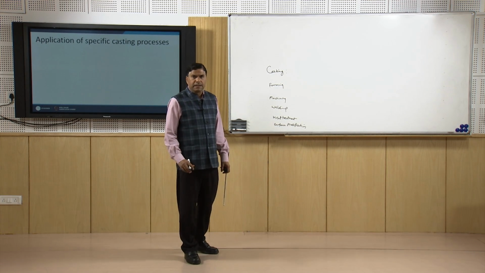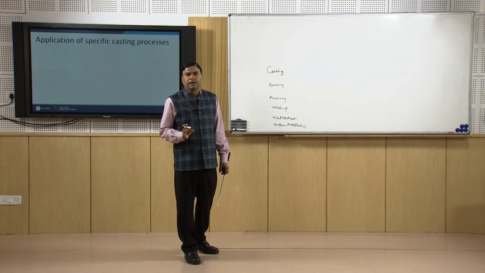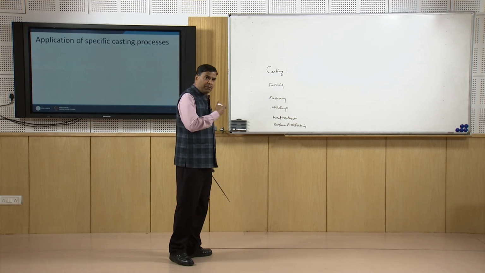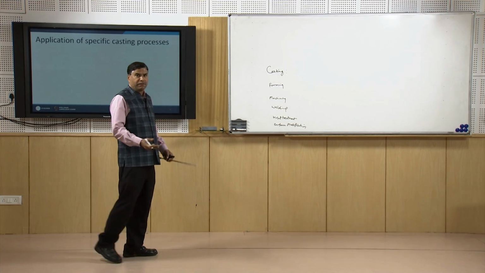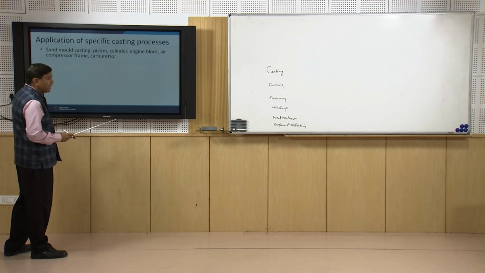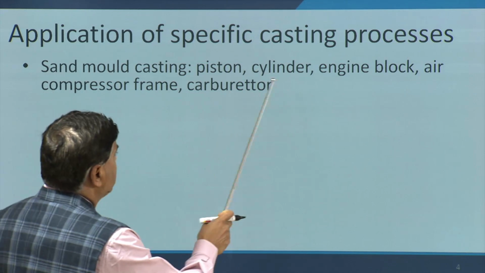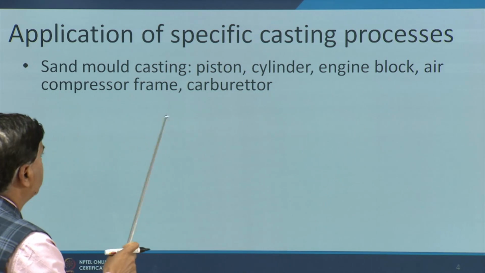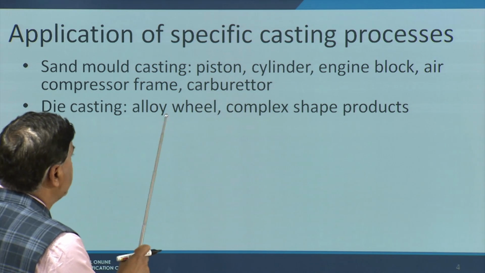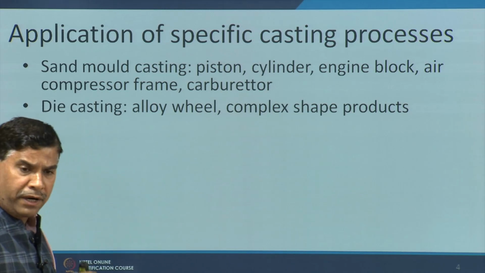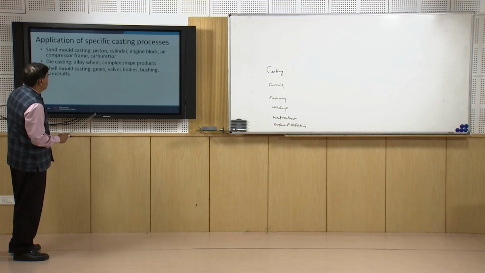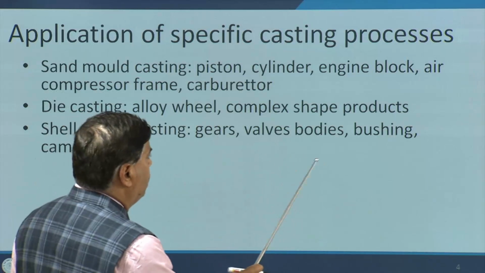Now we will see that the different casting processes have different kinds of capabilities, and therefore we need to see which process can be used for which kind of application or purpose. So, we will see that the sand mold casting process is normally used for making pistons, cylinders, engine blocks, air compressor frames and carburetors. Die casting is used for making alloy wheels and complex shape products when the volumes to be produced are much larger, and shell mold casting is used for making gears, valve bodies,